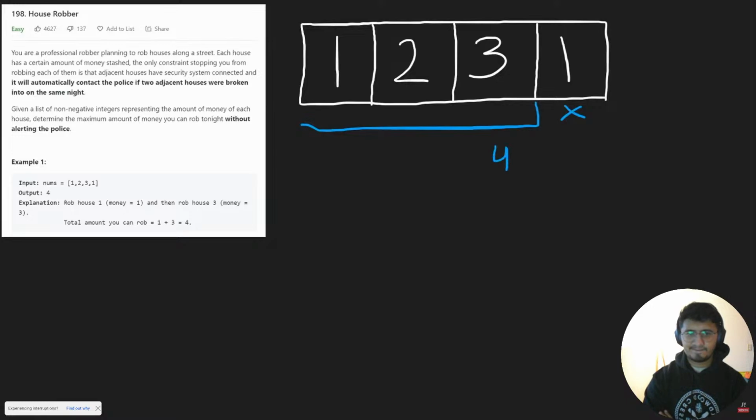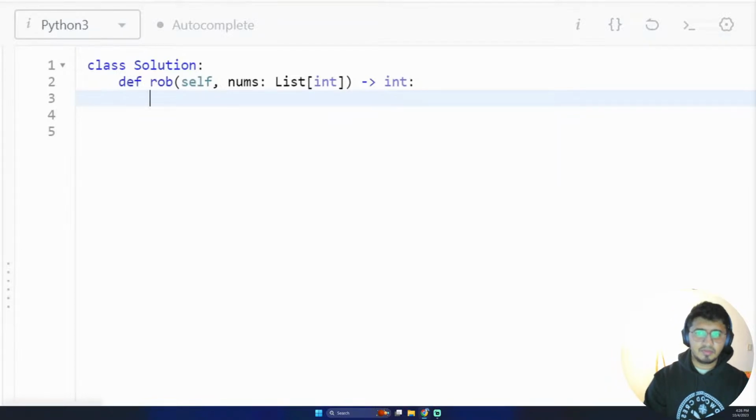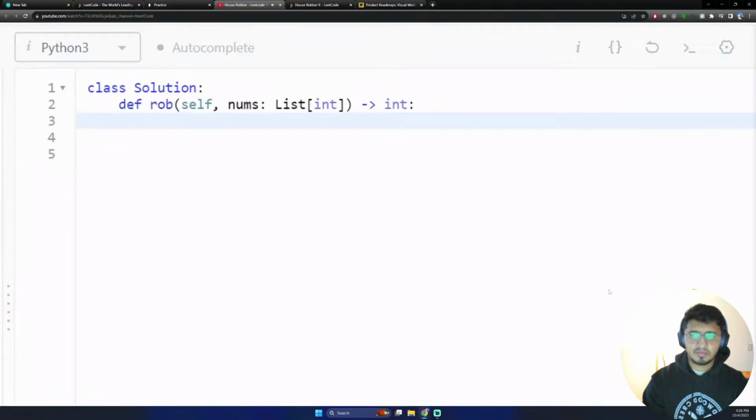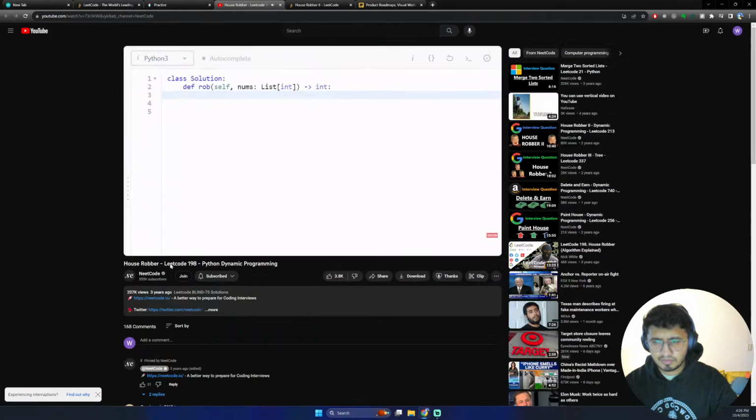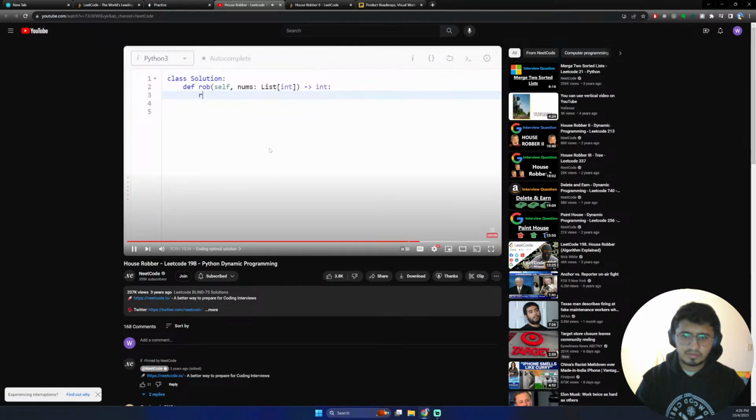So now let's look at the code. Since we only need to maintain the last 2 maxes that we could rob from, we'll only need 2 variables. So I'll just name them rob1, rob2. Okay, so we'll initialize them as 0 because if we get an empty subarray, we